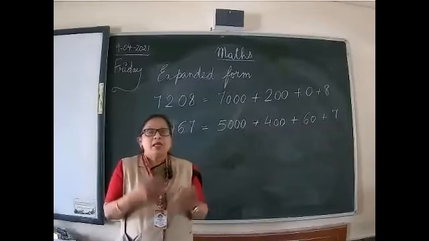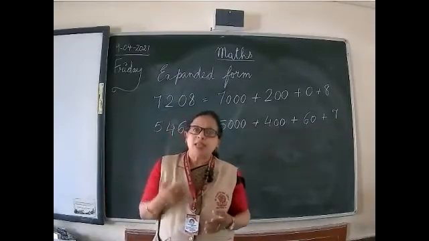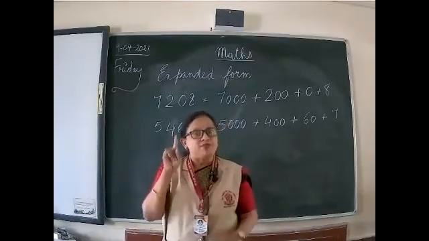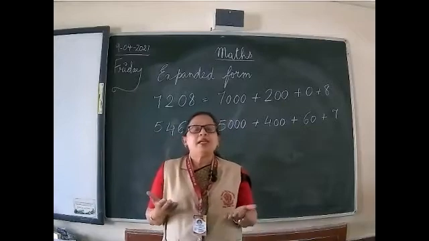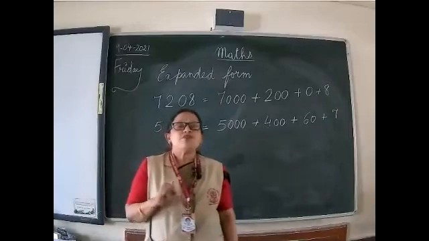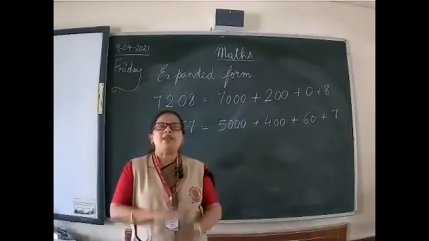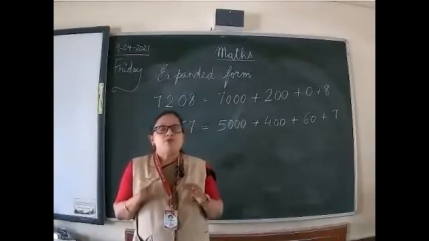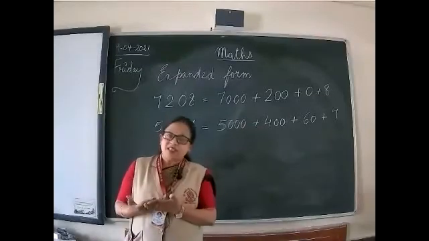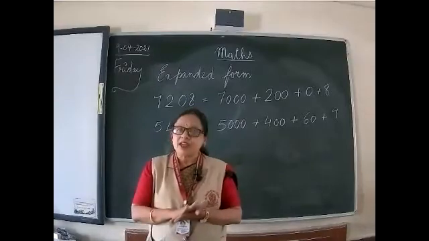I told you that according to the digit where it is placed, whether it is placed in ones, tens, hundreds or thousands, that digit is multiplied with the value of the place and you will get the place value. Is it clear? Okay. Next we studied face value, and I told you the face value of the digit remains the same throughout, wherever it is placed, whether in ones, tens, hundreds or thousands, its face value never changes.